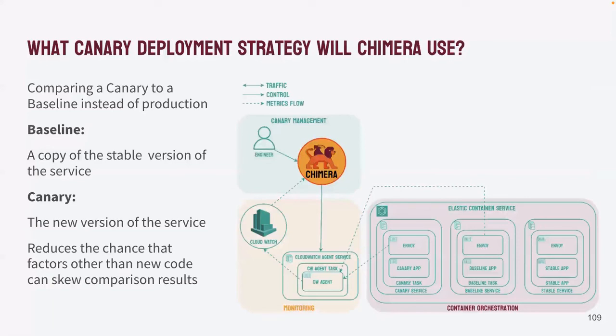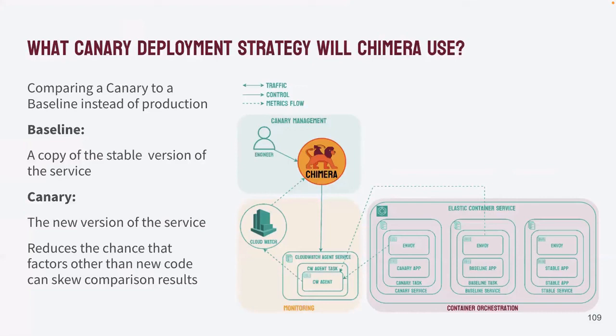So another big decision that we faced was which strategy Chimera would actually use to perform Canary deployments. A common strategy involves comparing the performance of the new version with a copy of the production environment, which we call the baseline. The baseline will have the same version and the same configuration as the production deployment, but it'll be deployed at the same time and in the same way as the Canary that's being tested. And the reason this is useful is because you can minimize factors that don't involve new code from skewing the